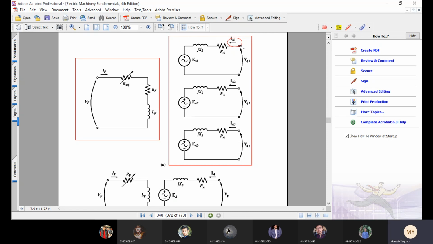But this time IA, that is the armature current, is flowing from the output phase voltage towards the internally generated voltage. So in short, we can say that in synchronous motors, the direction of current flow has reversed. And why is it so? Because we are providing the machine